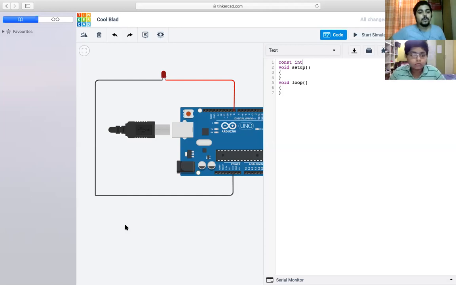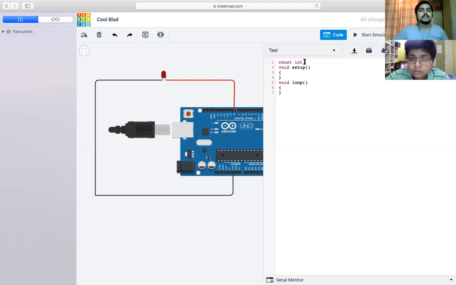No, because you don't have space. So in order to store something, we need to have space, and int provides that space. Data type stores a particular kind of data; int stores integer type data. That's why we are using int, and then we will be giving a name to the variable which the LED will be using throughout the code.